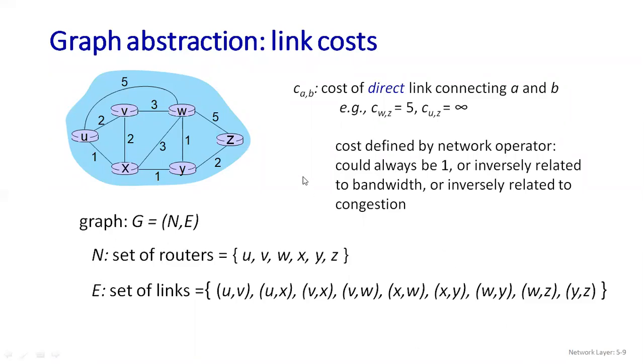Here you see one point I have written. The cost is defined by a network operator. It has to be always at least 1, that is the minimum, and it is also inversely related to your bandwidth. You can remember this one because we are going to put these things in our formula also. So always the cost will be inversely related to your bandwidth, or else inversely related to your congestion. The cost will always be inversely proportional to your bandwidth and also to your congestion. So this point you need to remember.